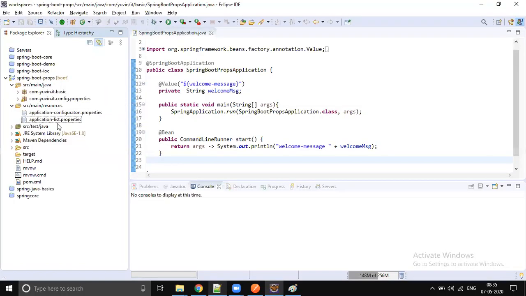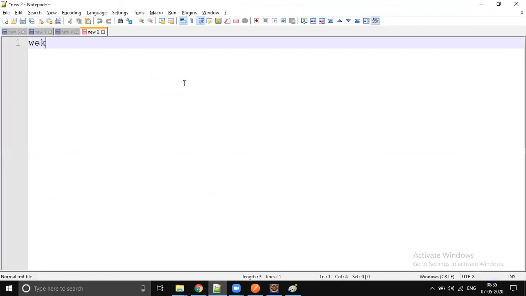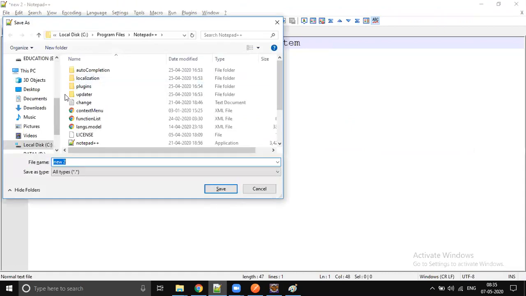What is the key? It's welcome-message. Welcome-message equals something like loading props from local system. I'm going to save this.